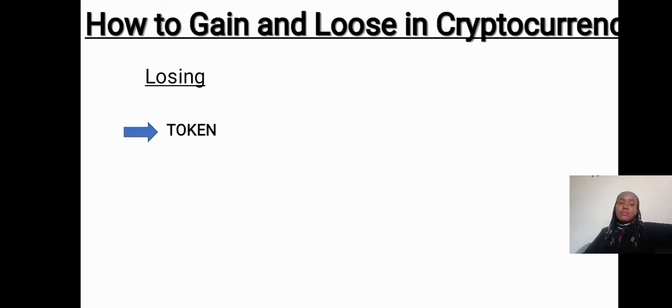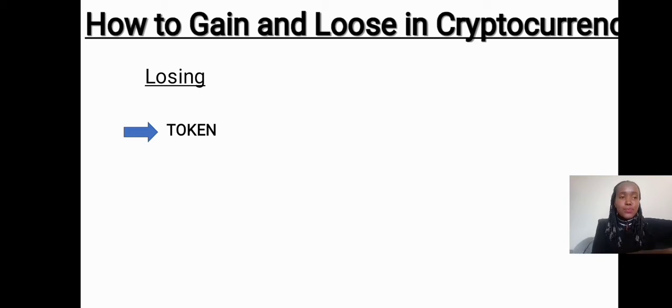So some investors will go and purchase some tokens. Because the token is not yet a fully cryptocurrency, their prices are very low. So you'll see some people find them very cheap. Therefore, they'll go immersing their monies in the tokens. But what they fail to understand is that the token does not have a standard valuation. So when the value or the price of the token drops, it goes down to zero. This means that these people lose all their money. So that is one of the ways to lose in cryptocurrency.